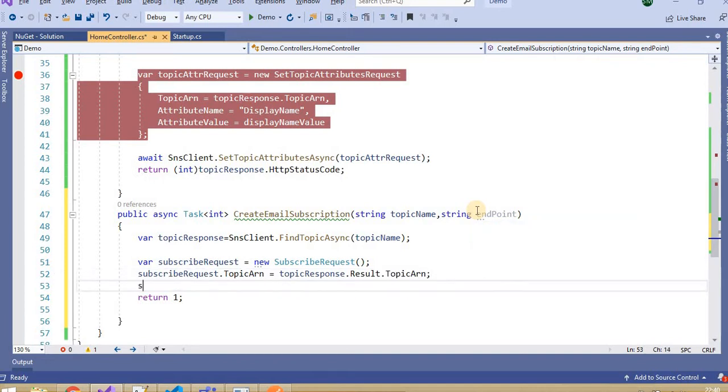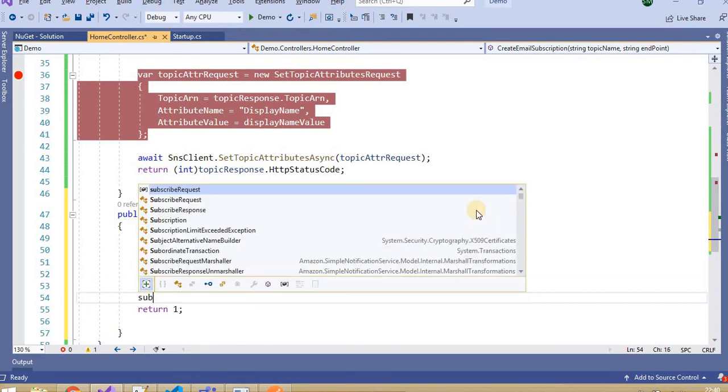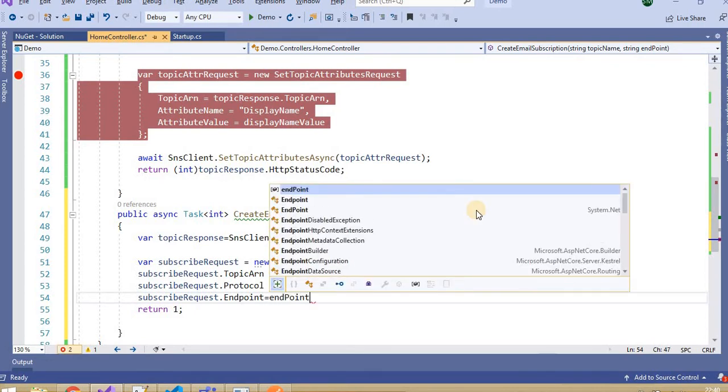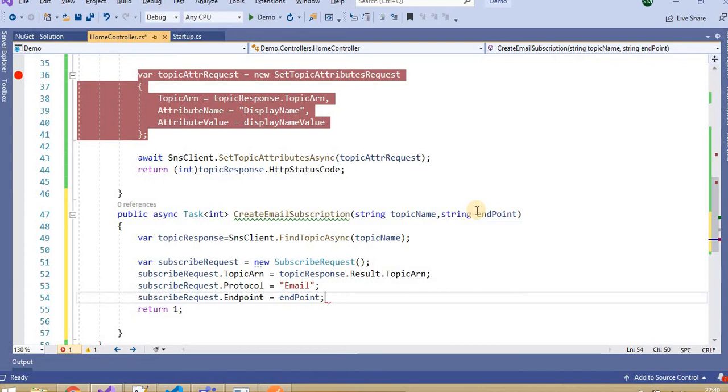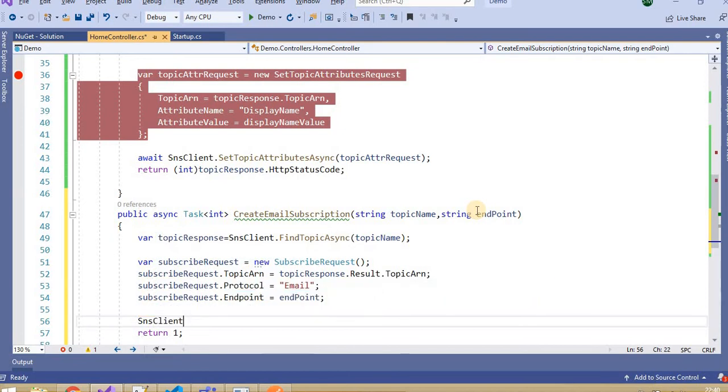So we need to provide the protocol name here, and provide the endpoint here. That will be our email ID, whatever we pass inside the parameter.